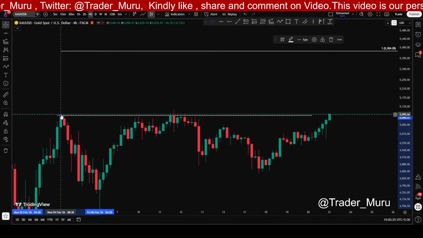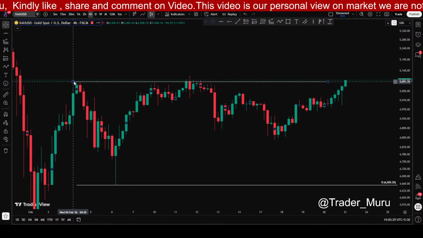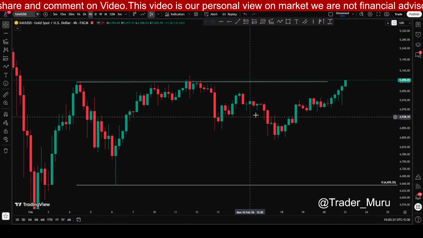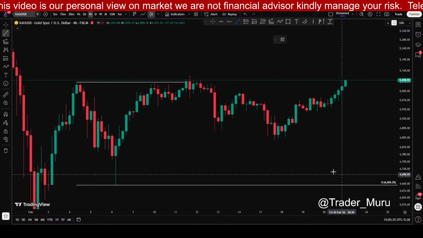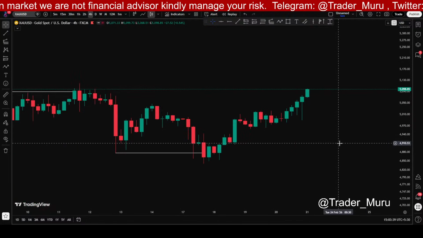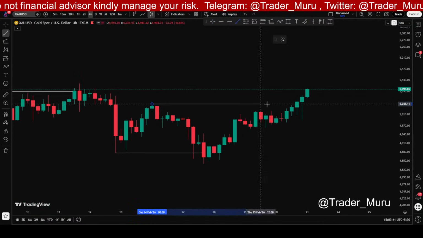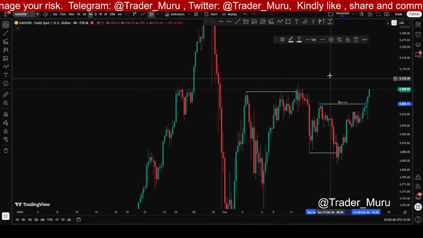we already had this breakout structure and this was all a retracement. We had this last breakout structure here, and yesterday gold finally gave us a change of character in the 4-hour time frame. So this downtrend is now over